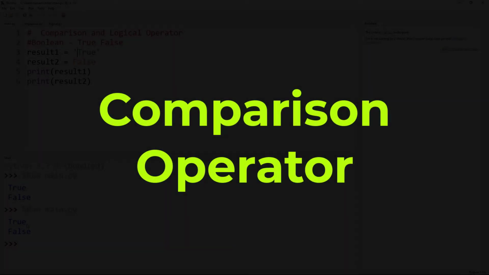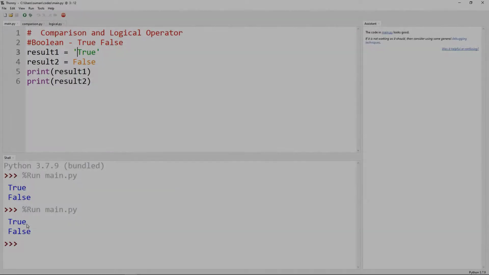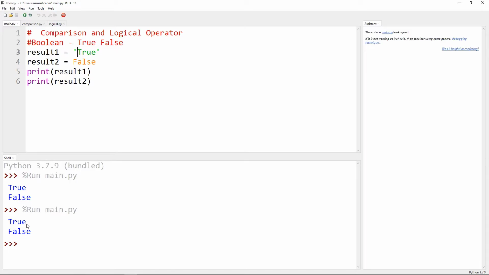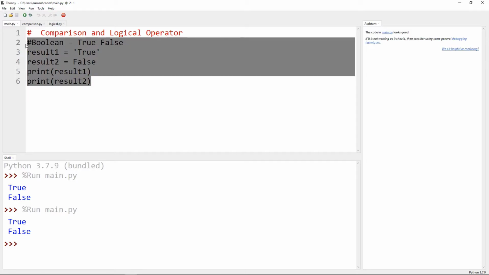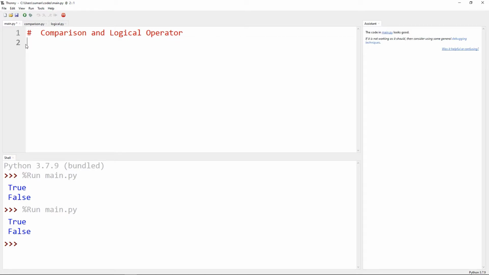Next, we are proceeding to the comparison operator. Python has a set of comparison operators to compare two values. Let's check a code. Suppose we have a variable that is number and we are assigning the value 6 to it. Then we are using the print function like that, number less than 7.